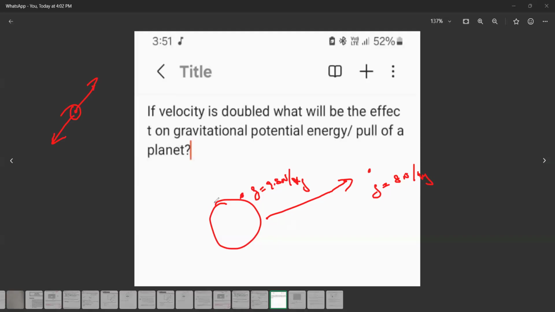Isn't there a place they call zero gravity? Actually, it's not exactly zero gravity. It's a point where the objects cancel out the gravity of each other. But for a planet, you cannot say zero gravity. It's a point in space where the gravitational forces are canceling out. Like there was a formula relating the speed of